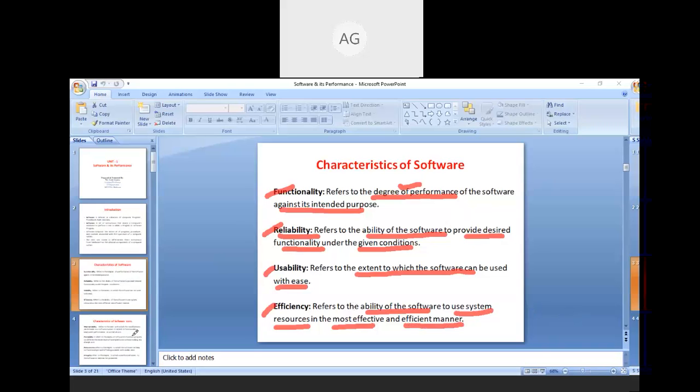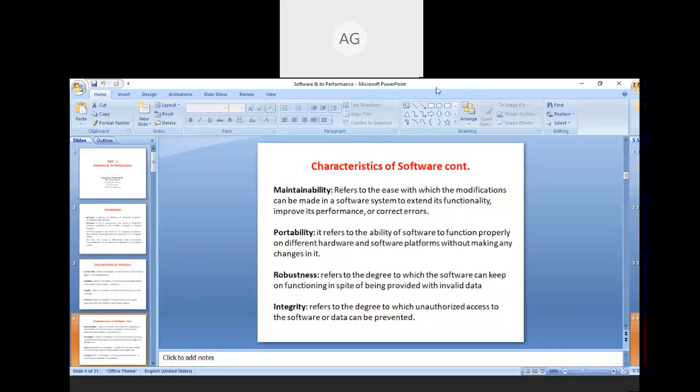Now moving further to the next slide. So these are some other characteristics of software. Now, maintainability. So it refers to the ease with which the modifications can be made in the software system to extend its functionality, improve its performance, or correct errors.